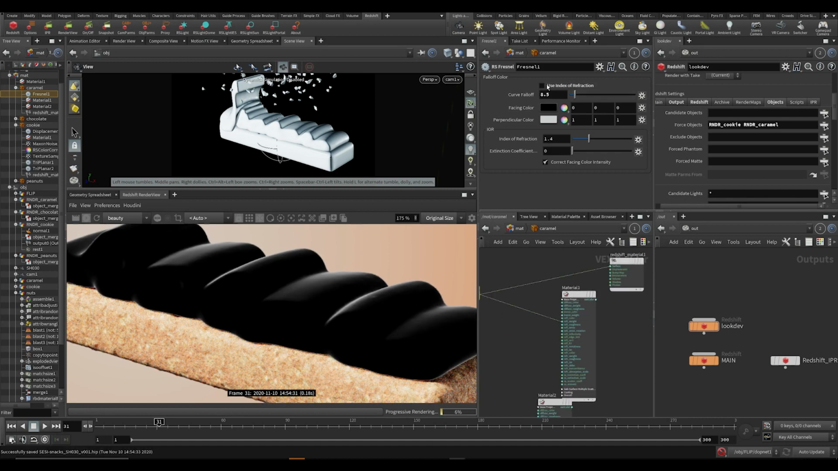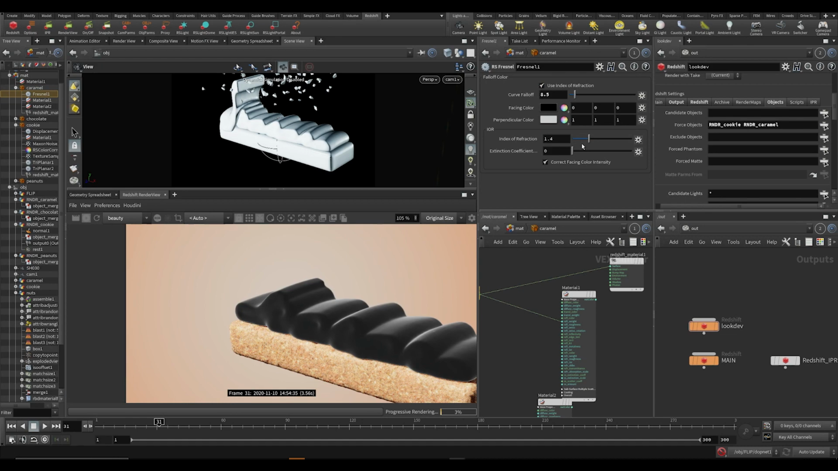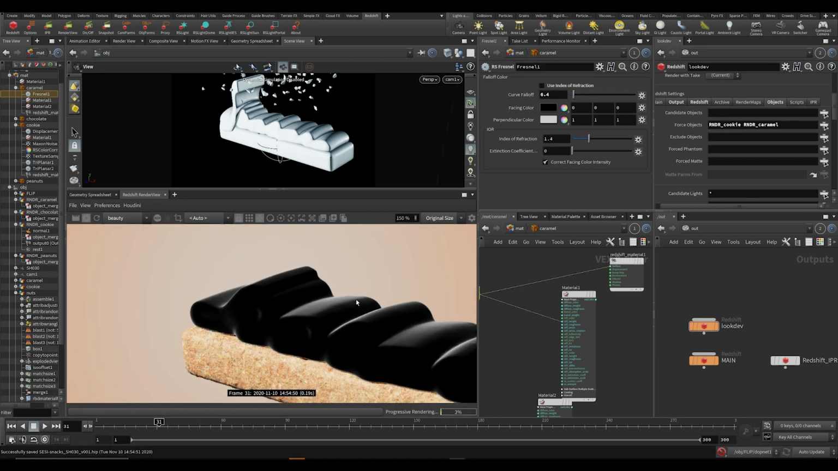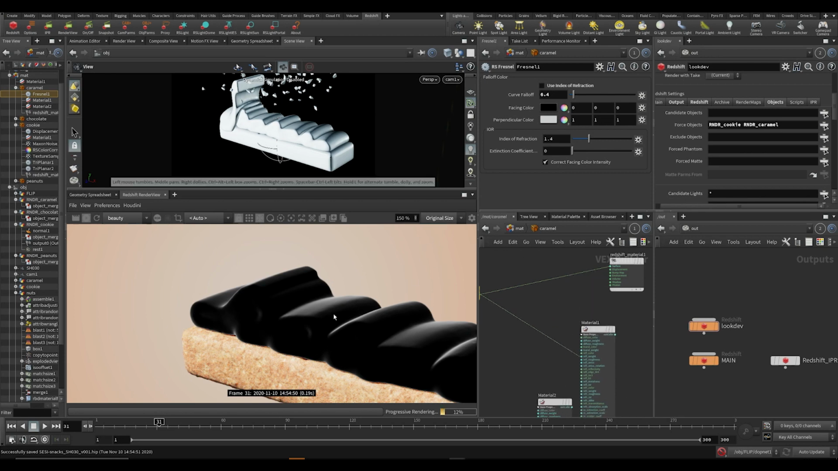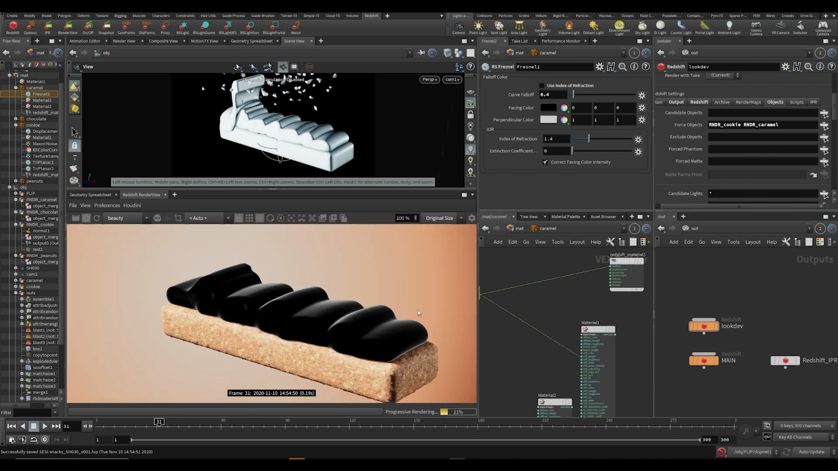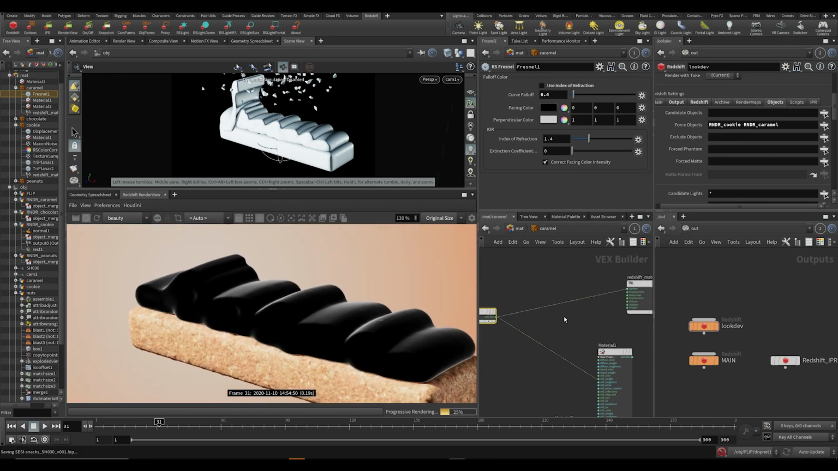All right, so you can also use index of refraction in this case, but I'm just going to do it in a non-physical manner because I'm stupid. No, I just like having this control. Again, we're just trying to make it look yummy and tasty, and it doesn't necessarily have to completely match real world values. I know some people are going to disagree with me heavily on that, but as long as it looks good,